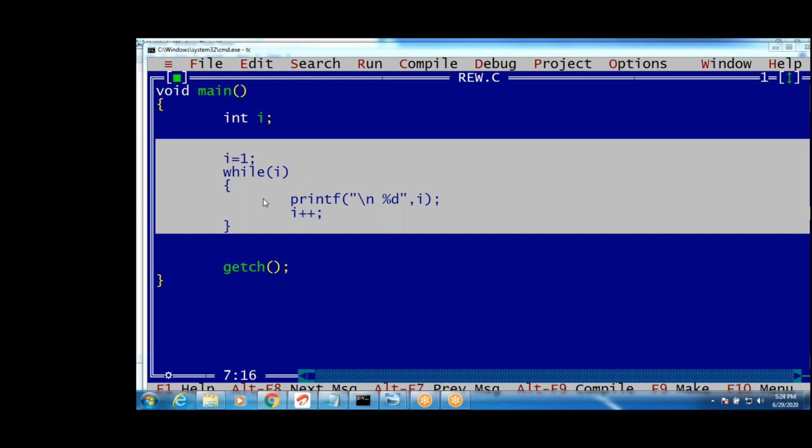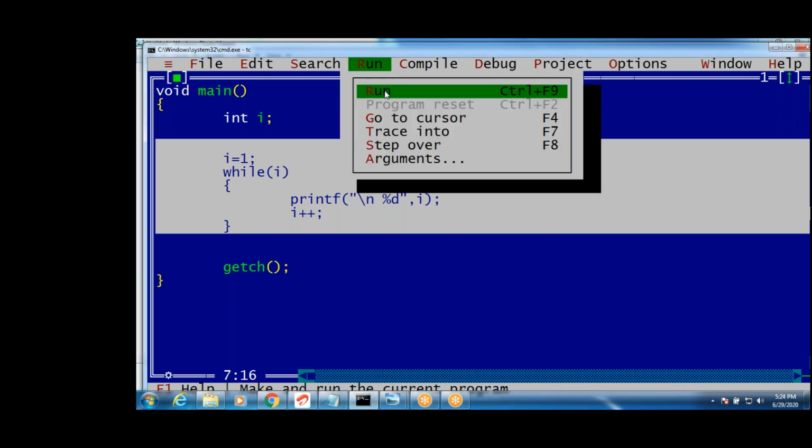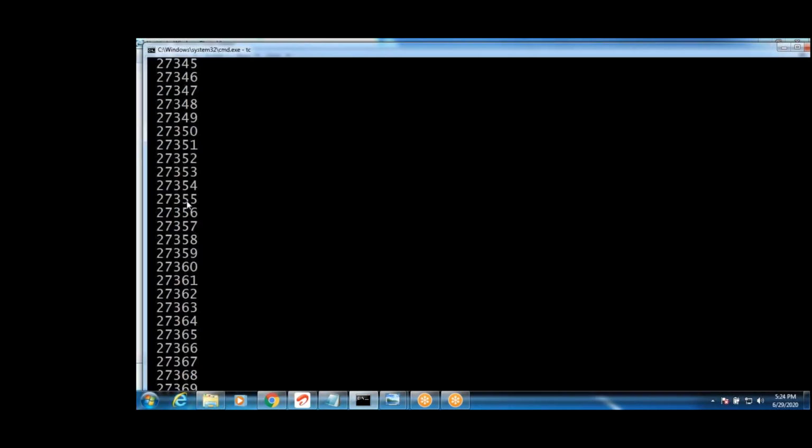Okay, now check the output once. See this, 7,000, 8,000, minus 32,000, again positive numbers, and you got 0. Whenever it is 0, it stops. Minus 1, stop. Whenever it is 0, it stops. Got it? Is it an infinite loop? The answer is what? No. No is the answer, guys. Next one.